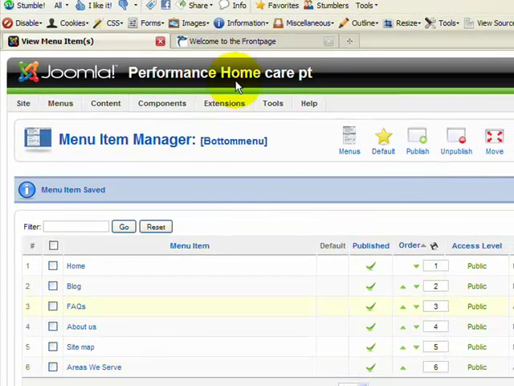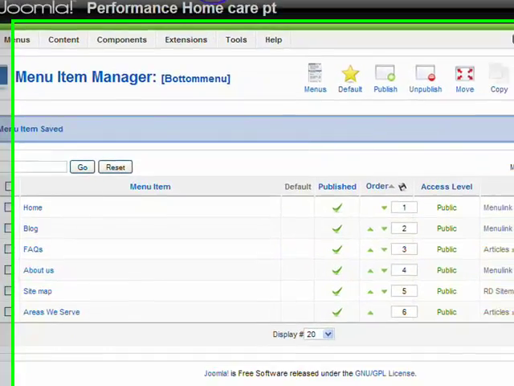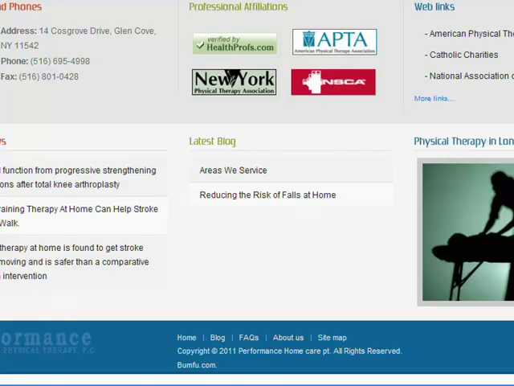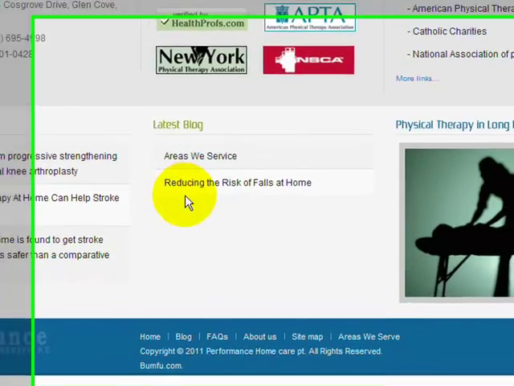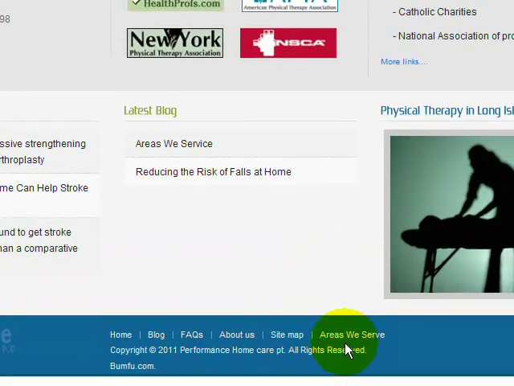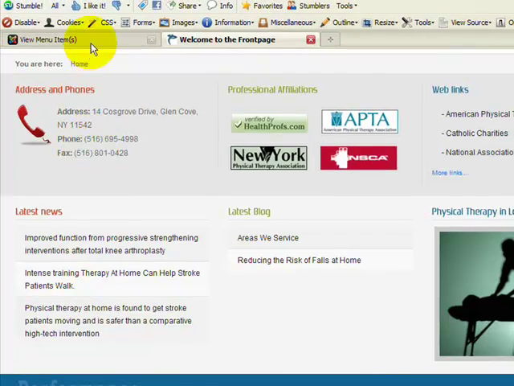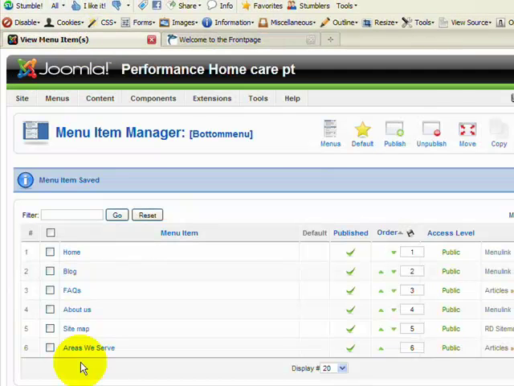And as you can see here, the menu item was created. It's obviously the last one, and let's see what it looks like on the page. Refresh. And then here you see it. The last thing that I'm going to show you is how to change the position of a